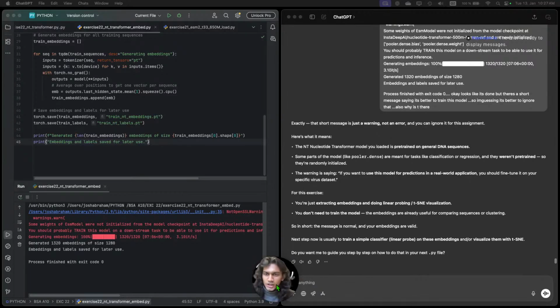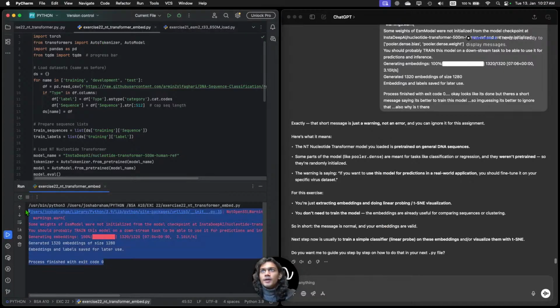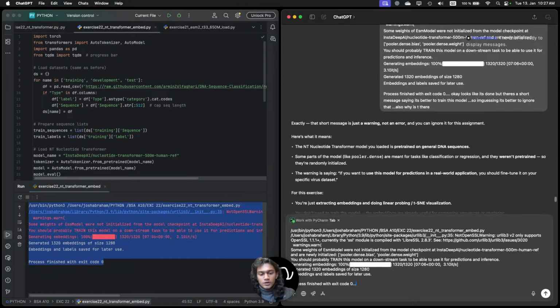And we're back with the sequence analysis, and we're doing the nucleotide... forgot the name. Nucleotide transformer model. Yeah, and yup, looks like the table, the sequences